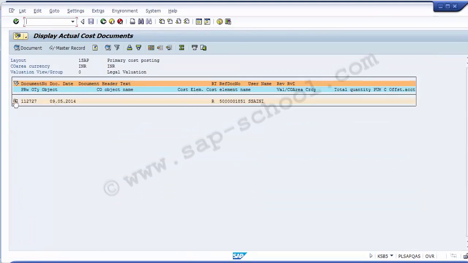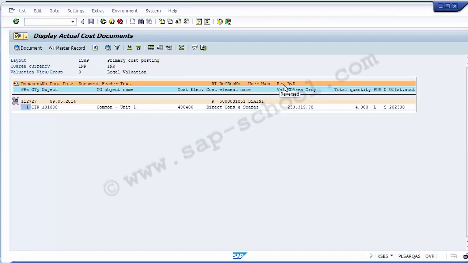So you can find the details with respect to this. These are the details on the screen. This is the total value which has been posted, 233319. This was the value on which we double clicked to find the detail, and we cross-checked the details over here. It shows you what the actual cost element was, what the offsetting GL was, and what the total quantity was, that is 4000 quantities. And if you go back again,